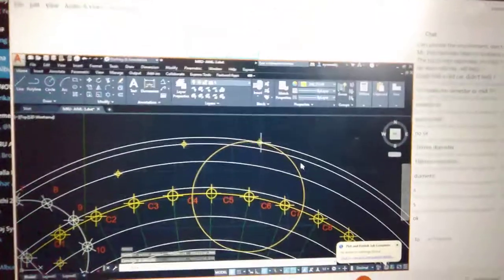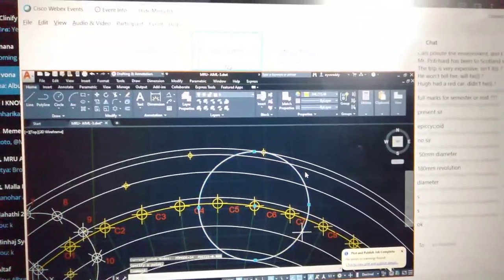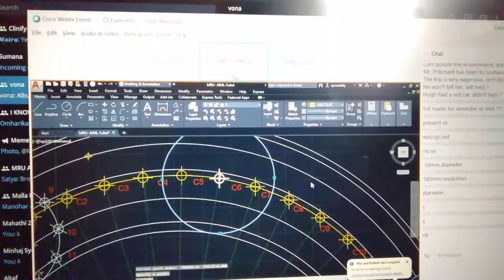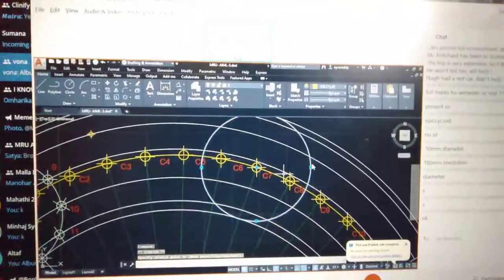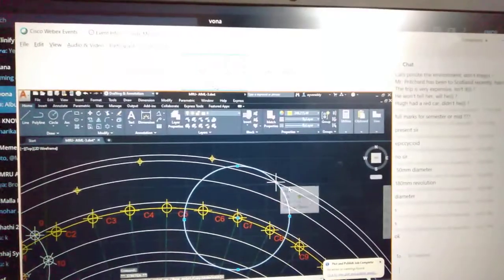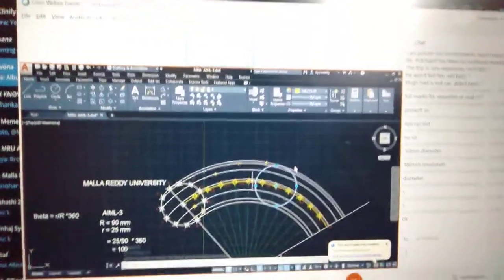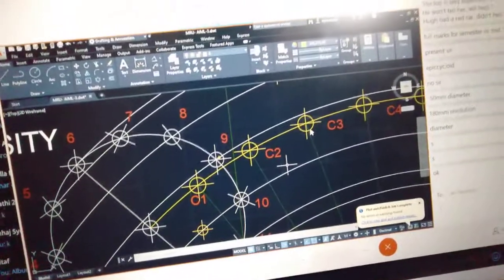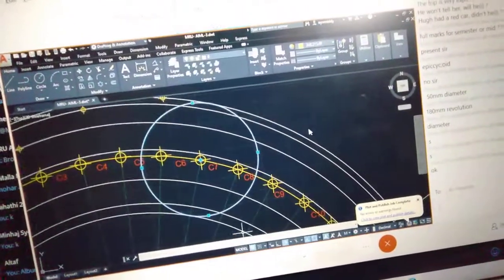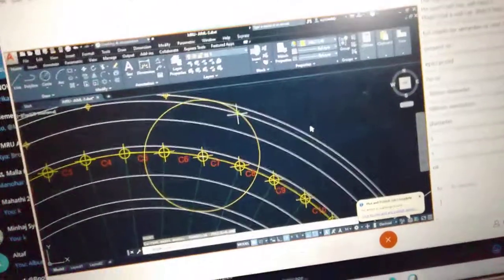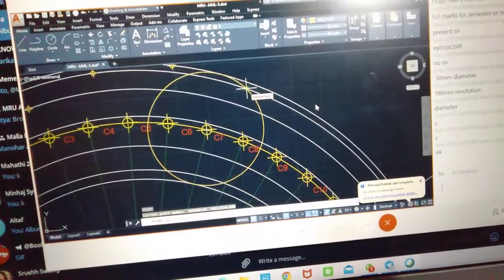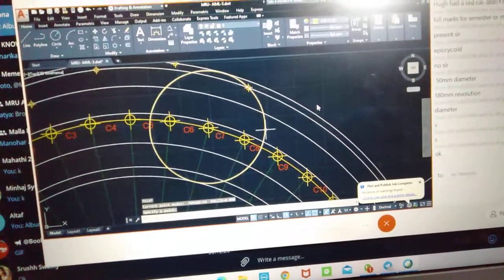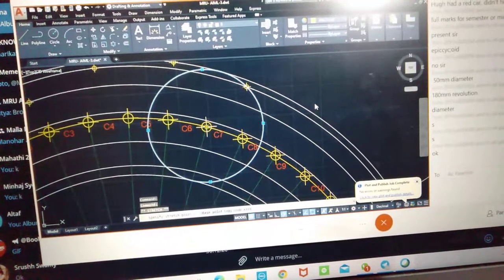CO, enter. Now move the circle to the seventh point. If you want to draw the circle, draw it. For each and every point, consider the center point and draw it, no problem. Now, where it is touching here, it is going to be considered the seventh point. Everything we should mention in this type of command.